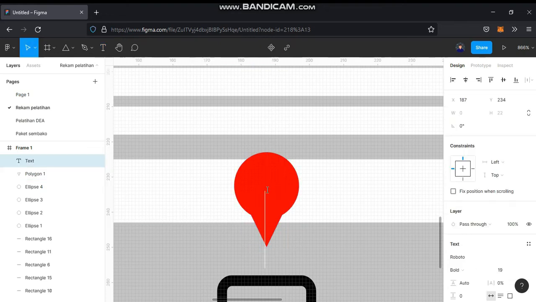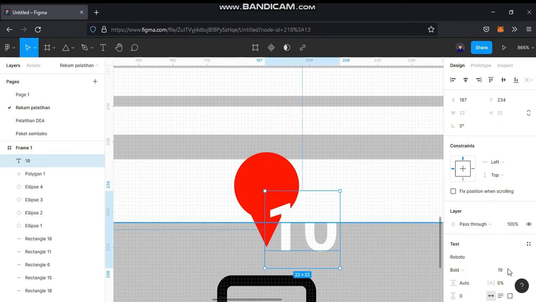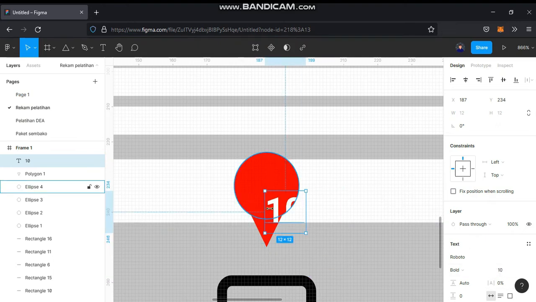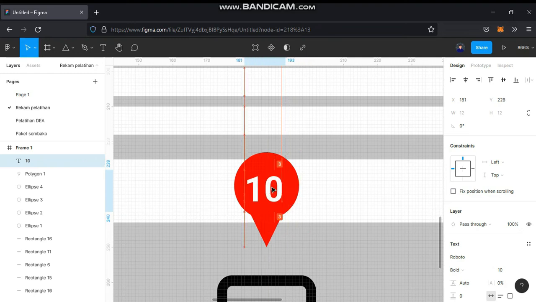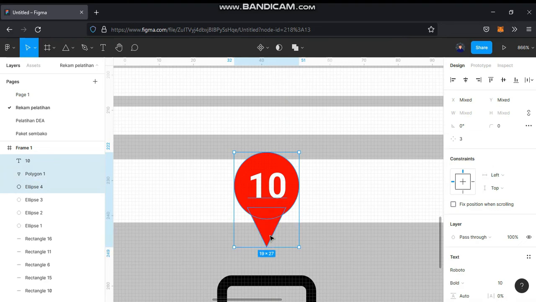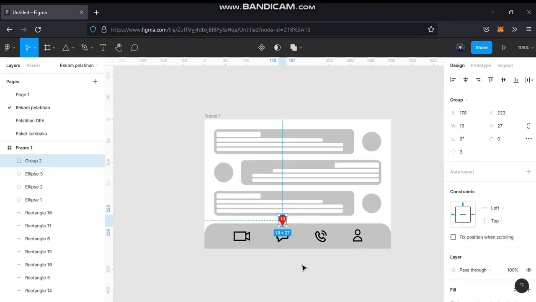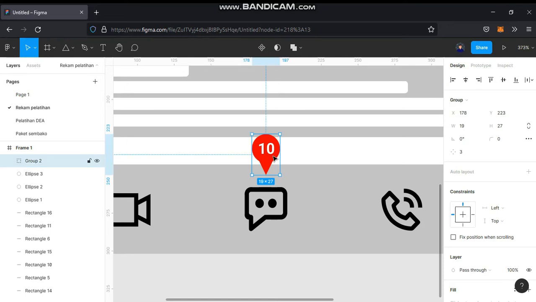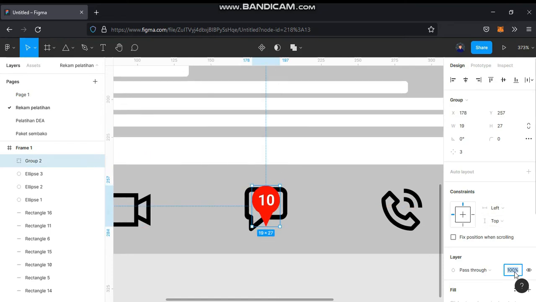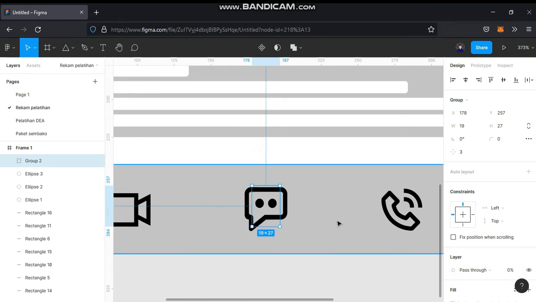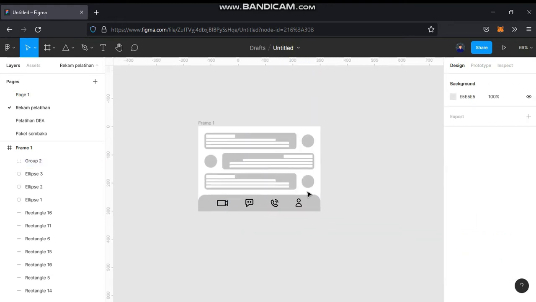We add the text number 10 with a small font. Then group it, and after grouping we lower the opacity to zero.